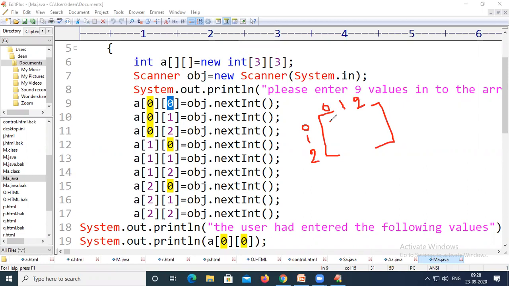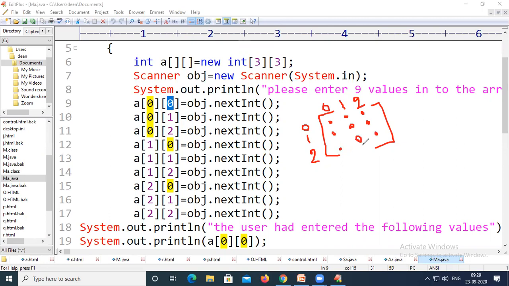This one will be 0 comma 0, this one will be 0 comma 1, it is 0 comma 2. So the first three elements will be stored at 0 0, 0 1, 0 2, and the next three elements will be stored at 1 0, 1 1, 1 2, and the last elements will be stored at 2 0, 2 1, and 2 2.